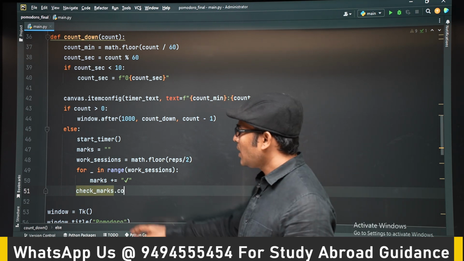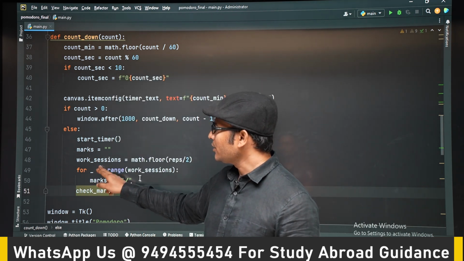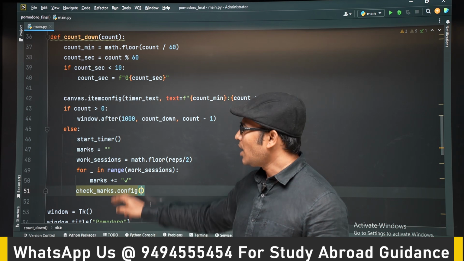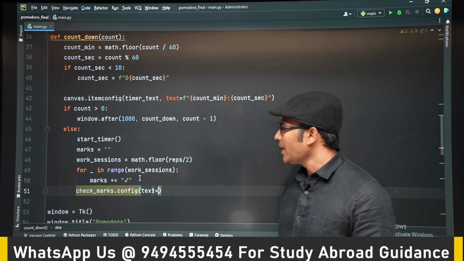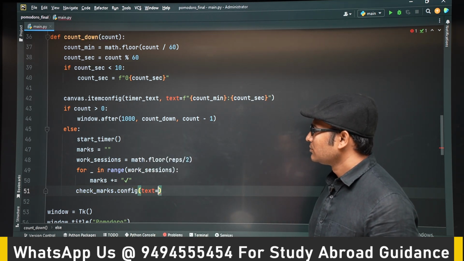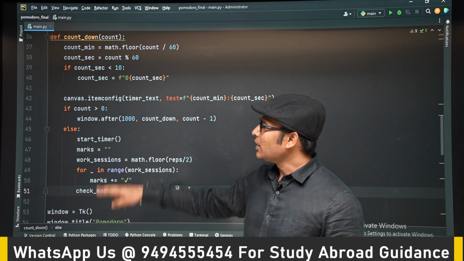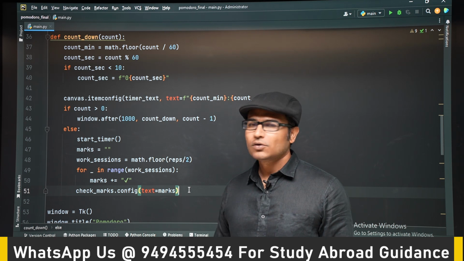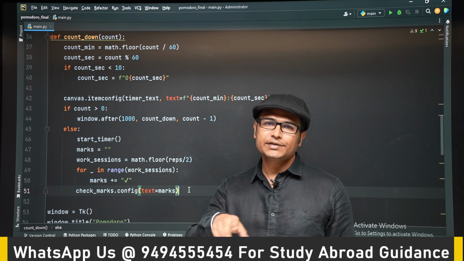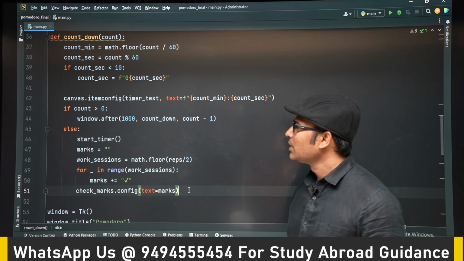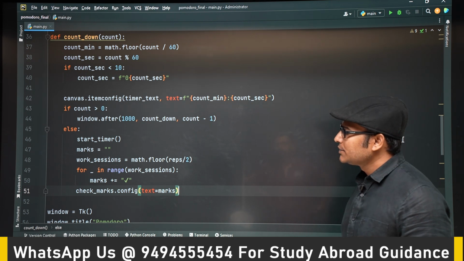And then to the checkmarks label, we are going to add whatever we have created. The mark string that we have created, we are going to add it. I cannot run it and show you because it is going to take some time. So it will work. You can run it and see. Okay, this code will work. Now the next part that is remaining is